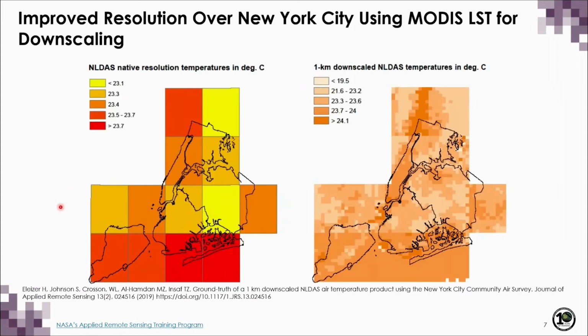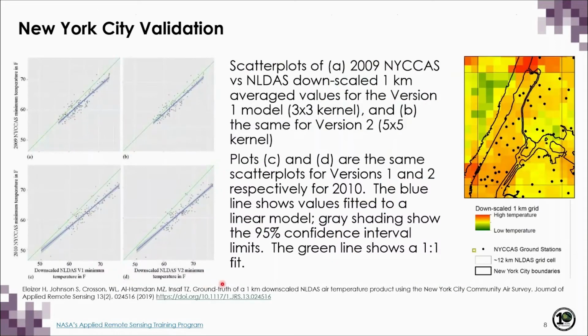So this map is of the larger New York City region, downstate New York, and we would expect that the urban areas experience greater temperature variations due to the heat trapping effects of impervious surfaces, known as the urban heat island effect. Now you can see on the right that the 1 kilometer data set allows us to capture some of these variations as compared to the 12 kilometer where it's all uniform. So we believe that the 1 kilometer data set is helpful when you are looking at these small scale variations.